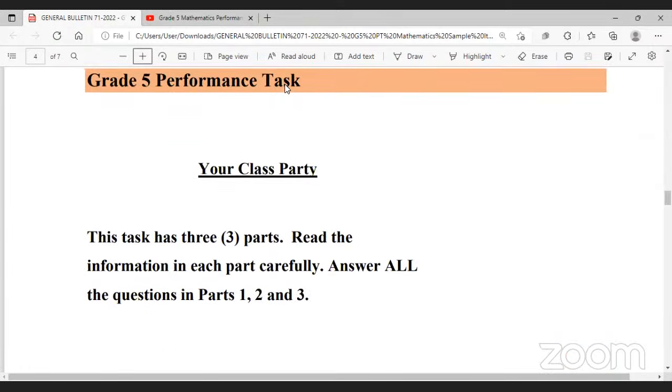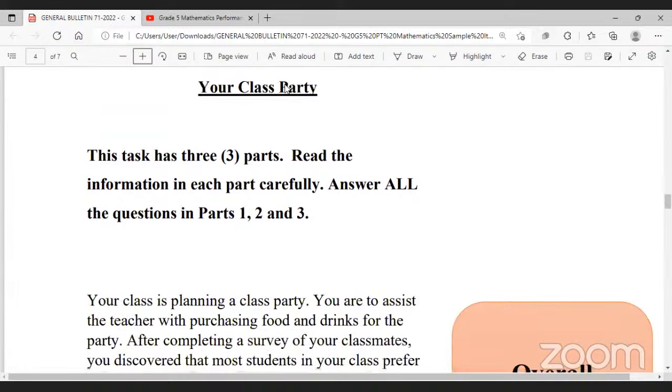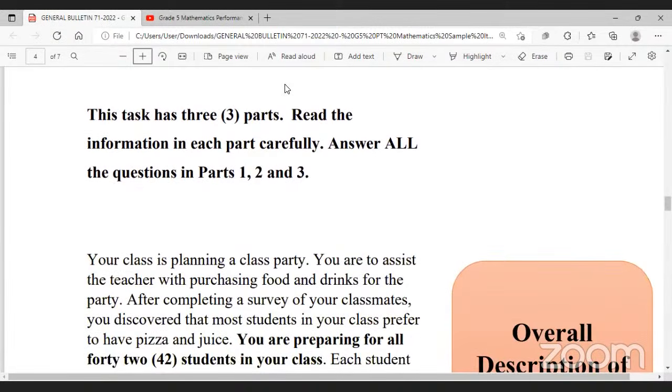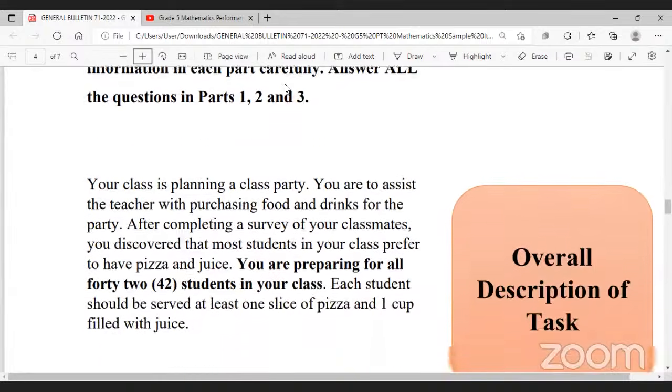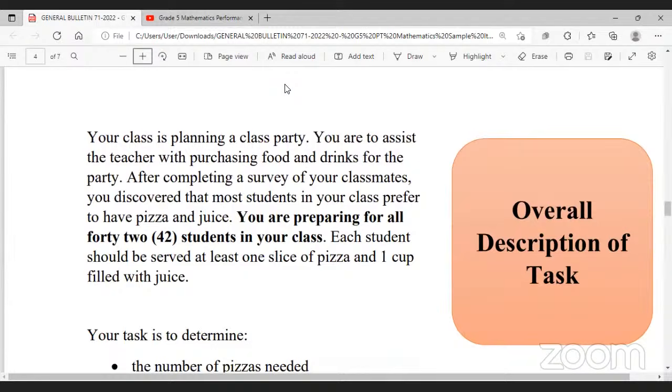The title of this performance task is Your Class Party. This task has 3 parts. We should read the information in each part carefully and answer all the questions in part 1, 2, and 3. The description of the task reads, your class is planning a class party. You are to assist the teacher with purchasing food and drinks for the party. After completing a survey for your classmates,